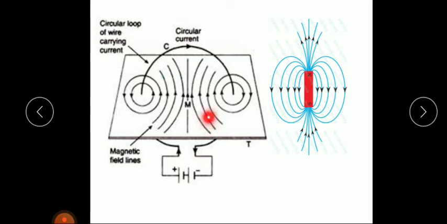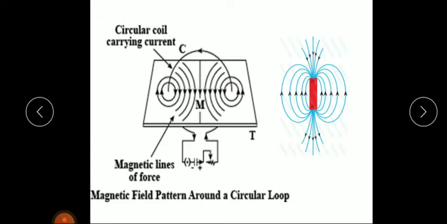Okay. So whenever the current flows in the clockwise direction, see here you can see the positive end, here you can see the negative end. So current flows in this direction. That is, when the current flows in the clockwise direction, the field lines appear to be entering into the face, then that face of the circular coil acts as a south pole. Okay.